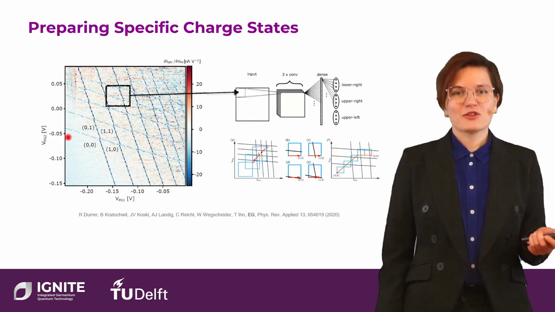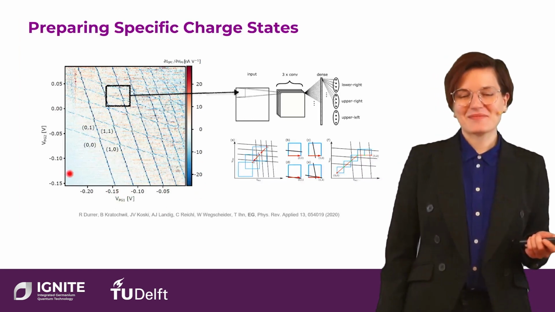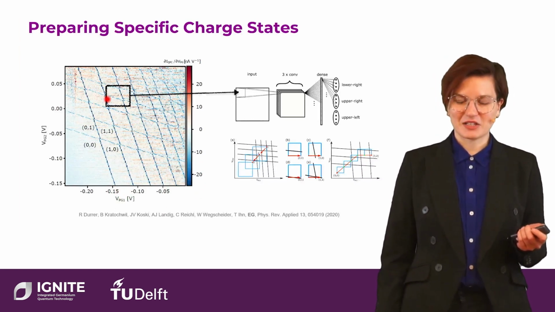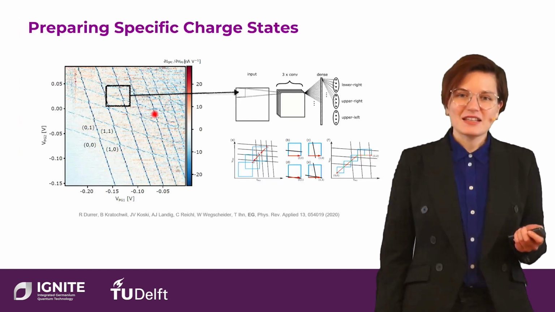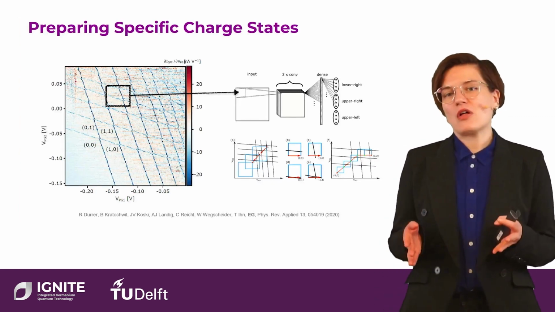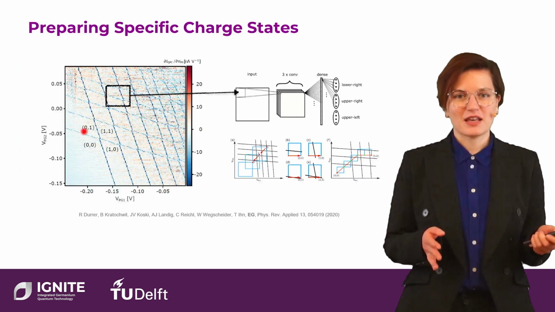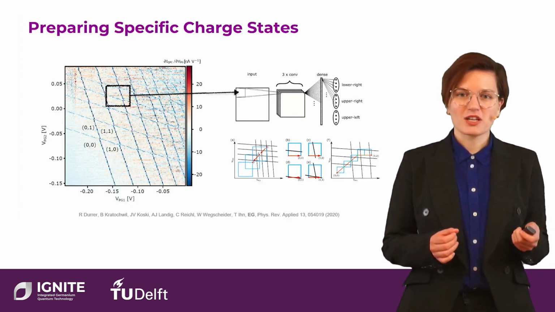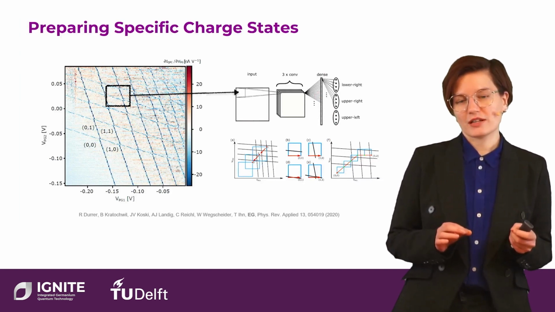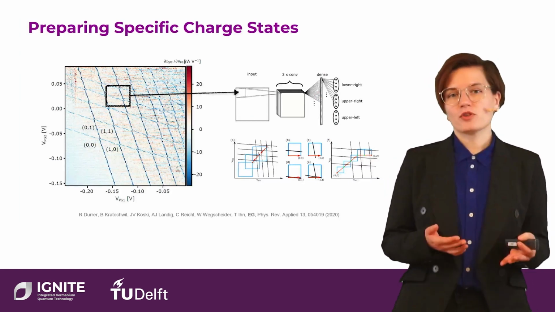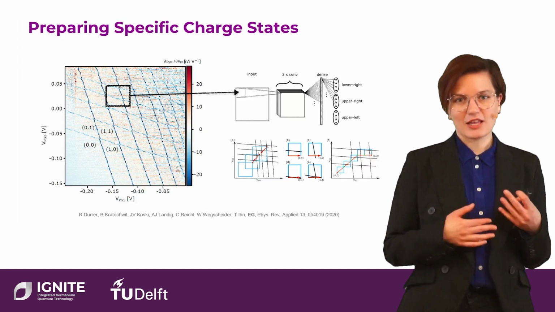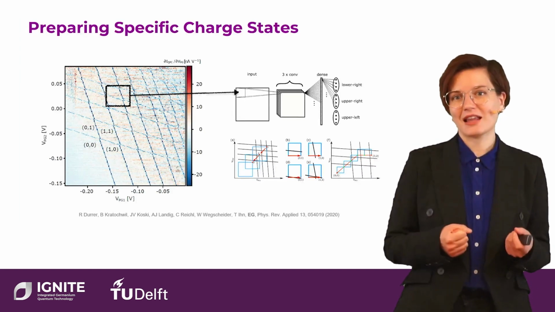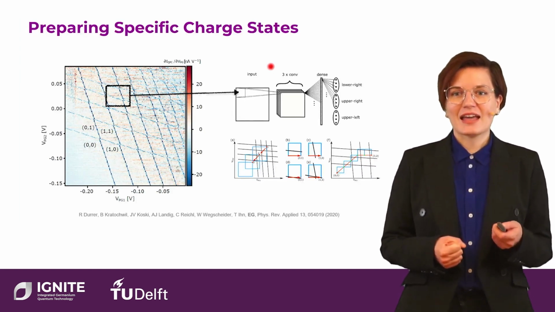So we start from the same charge stability diagram that I showed you in a previous section. And indeed, we did exactly the workflow as we explained previously. We measure a small patch, then we have a deep convolutional neural network. That's a type of neural network that is specifically useful for analyzing images. And